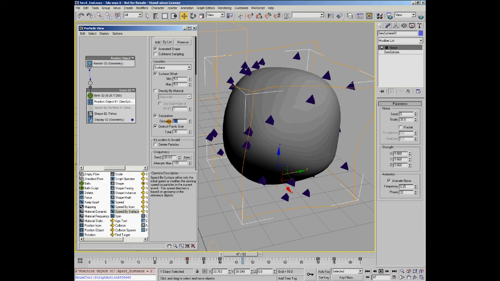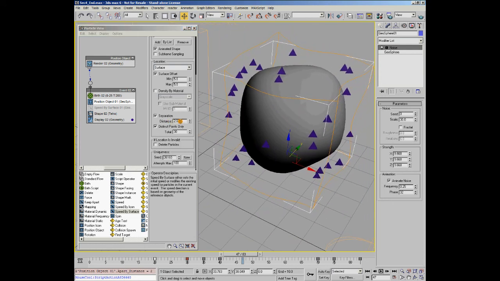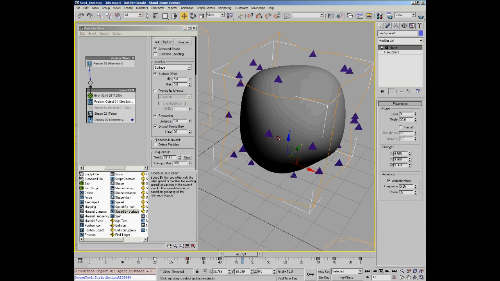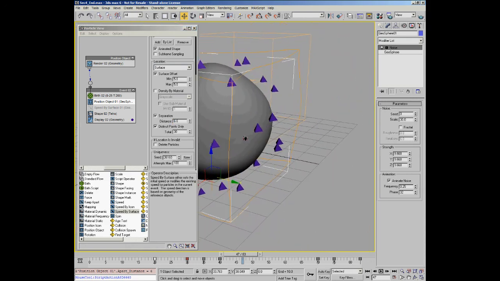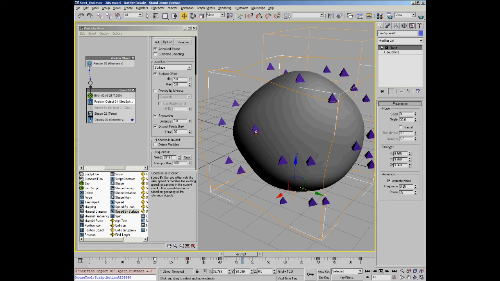So if I change that to 2, you can see that particle over there immediately jumped. If we change it to 3, nothing really happens. Let's try 6, and you can see a lot of particles jumped around there. What's happening now is each particle is looking for a particle which is within 6 units of itself, and